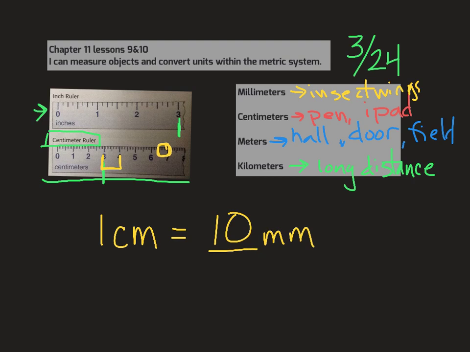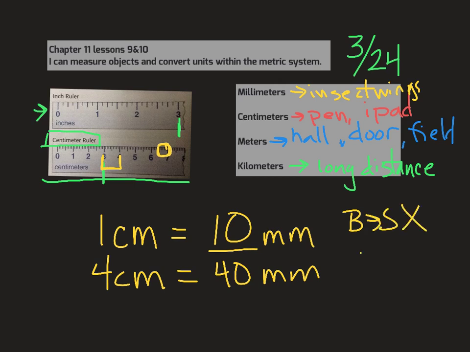So, for instance, if I'm measuring a paperclip, and a paperclip is about 4 centimeters long, it's pretty easy math, right? Because I'm going bigger to smaller, right? I multiply. Bigger to smaller, I multiply. And now I've got 40 millimeters. So when I used those ideas last time of bigger to smaller, I multiply, and smaller to bigger,